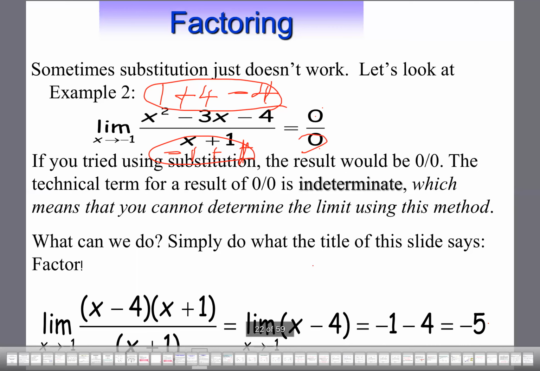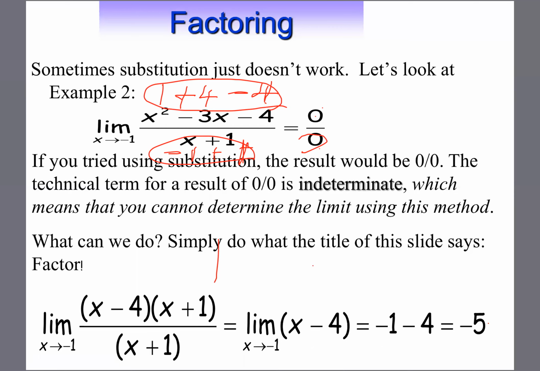That means the technical term for the result of 0 divided by 0 is undefined, indeterminate, right? Which means that we cannot determine the limit using this method. Okay, so what can we do? We can think about the next method that we can apply, that is factors, the factorization method. So we can check whether there are any factors for this given